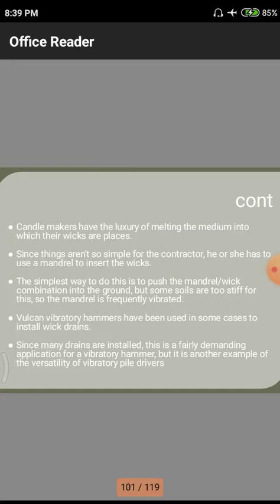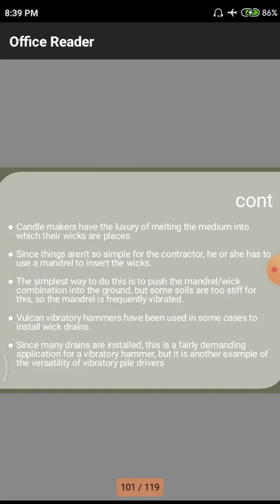Whenever there is a smaller quantity of plasticity, there is a huge chance to make these holes in the particular soil. Depending upon the soil property and parameters, we need to make these holes. If there is any problem making these holes in a particular soil, we need to use vibratory hammers. That means a hammer that uses vibrations to make holes in the particular soil.